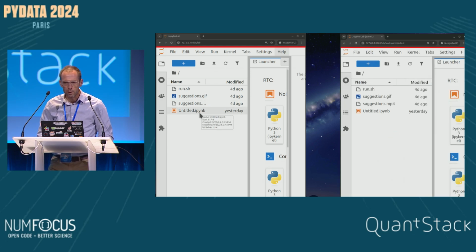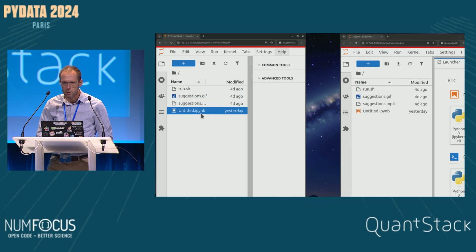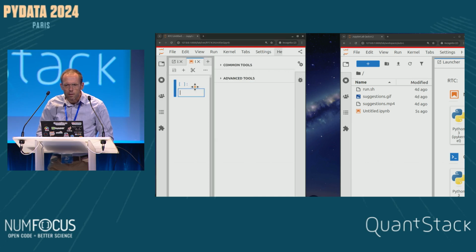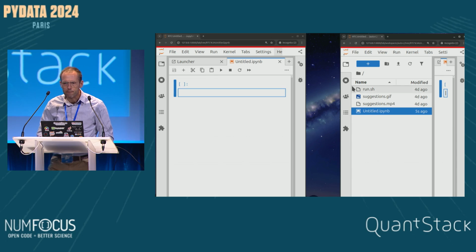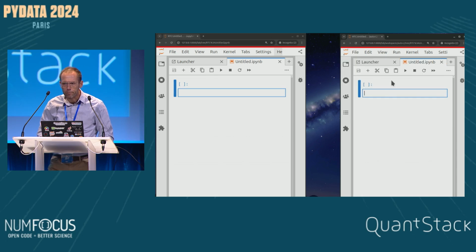So here, let's open this notebook. Why is it taking so much space? Let's remove this one. Let's open this notebook here. So here,